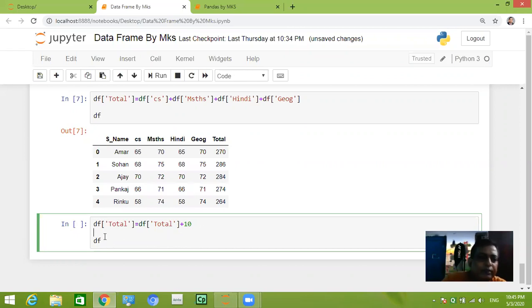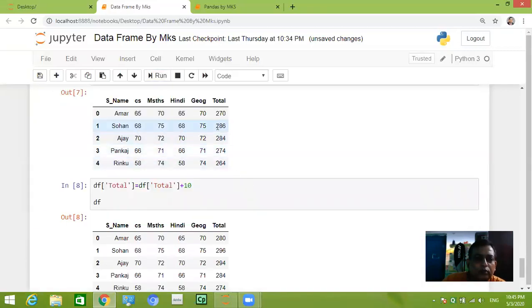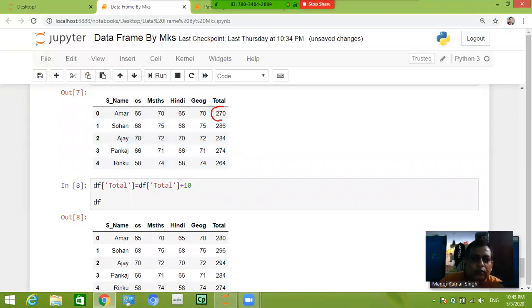We have to write df total equal to df total plus 10, and it will show you the increased marks in the output. So in place of 270, it is showing 280. So in this way we can perform any arithmetic calculation on numeric data.